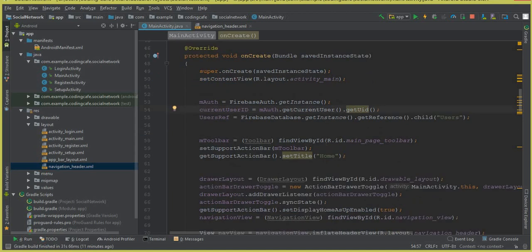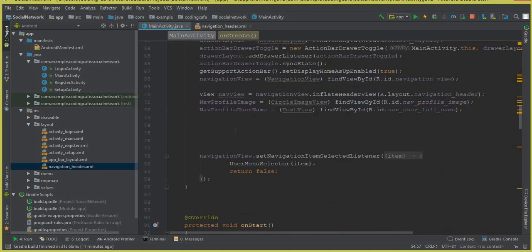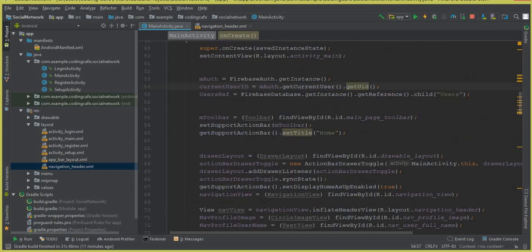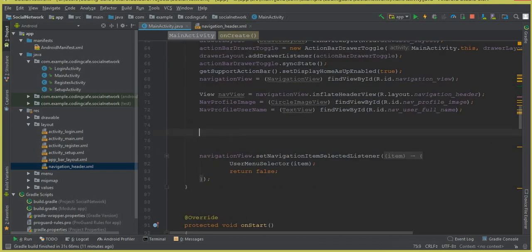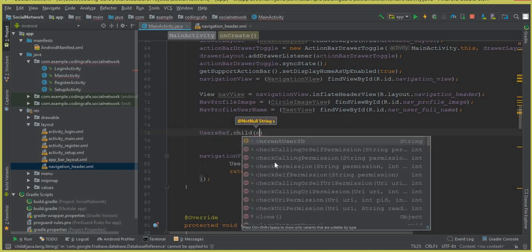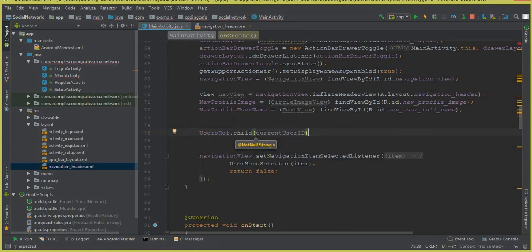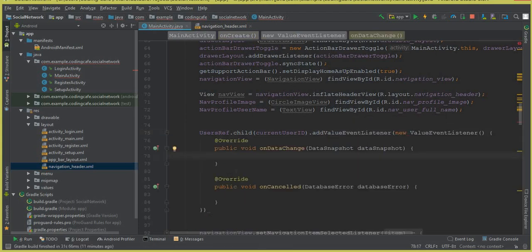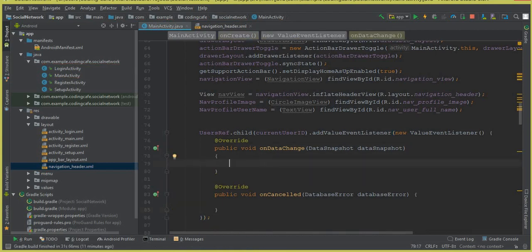And then after it, we have a reference to the users node, then we get the current user id, and then after here we can say userRef.child, and the child is currentUserId, the user who is online. We are just displaying the image for that user on his navigation drawer, or you can say on their home activity. So you can say .addValueEventListener, new ValueEventListener, make sure to put a semicolon here first, and inside this onDataChange we can say